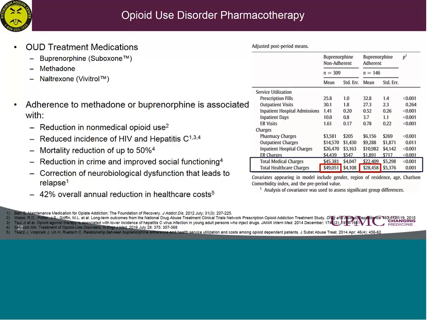So the primary pharmacotherapy treatment options are buprenorphine, or the most common brand name is Suboxone, but I'll try to say buprenorphine, methadone, and naltrexone. Again, the most common brand name is Vivitrol, and I'll specifically say I have no financial interest in any of those brands or drugs. I just included those because they're often used interchangeably with those brand names. And what we know is that treatment with those medications